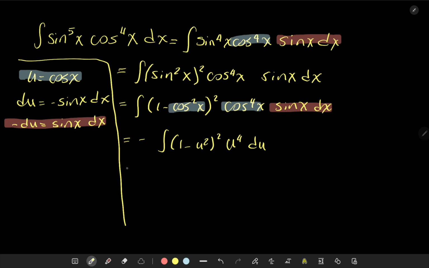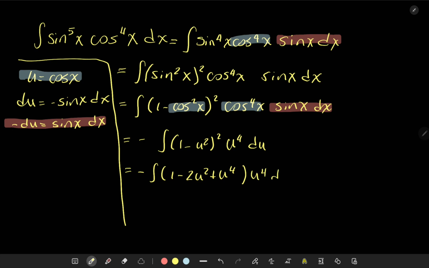So now it's just a matter of foiling that square. It's kind of annoying, but it's probably the easiest way to go about it. So let's go ahead and foil that. So negative, I get 1 minus 2u squared plus u to the fourth. Just the square of the first, the double product, and then the square of the second, times u to the